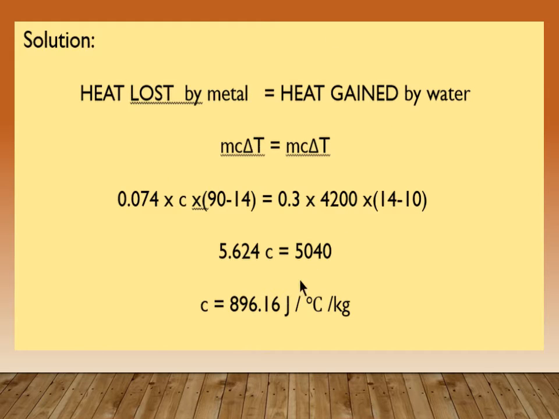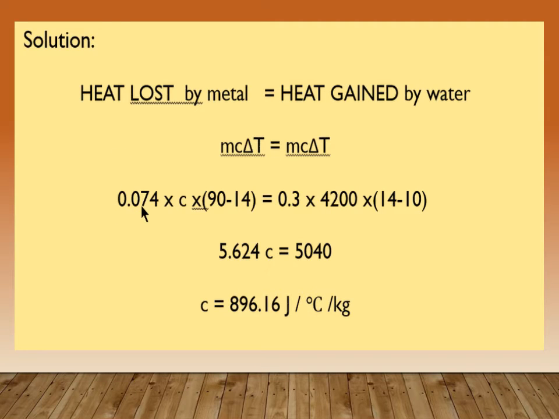To calculate the specific heat capacity of the metal, we'll use the heat lost by the metal and equate it to the heat gained by the water. The formula that we'll be using is mcΔT. So the heat lost by the metal, since there is no heat lost to the environment, all the heat will be gained by the water. So